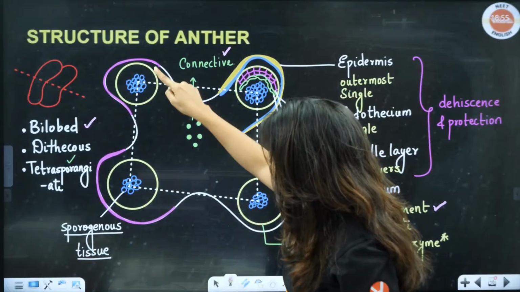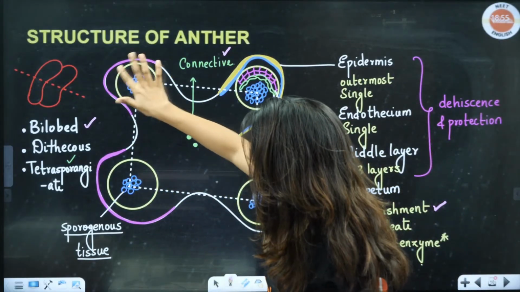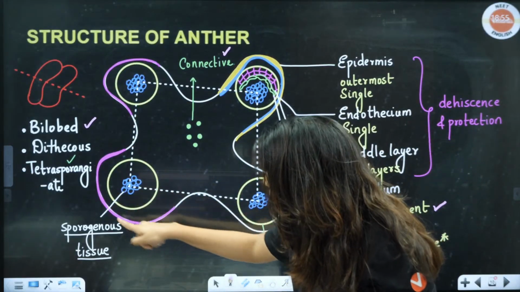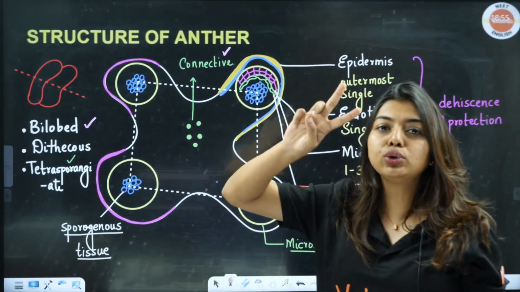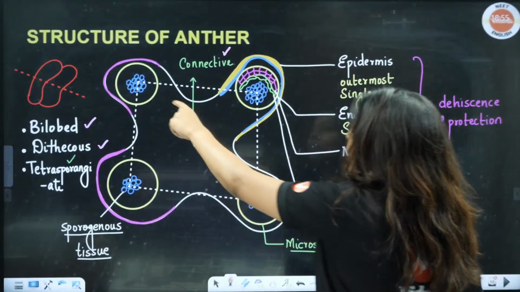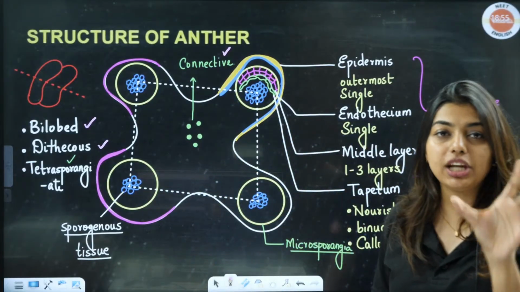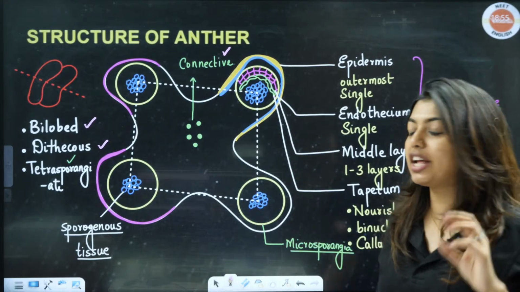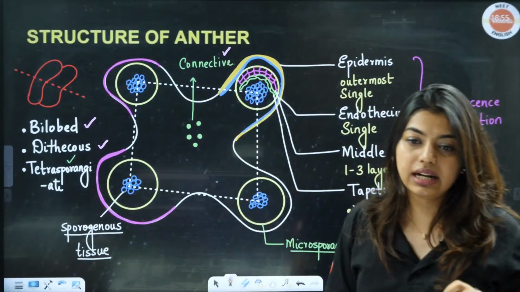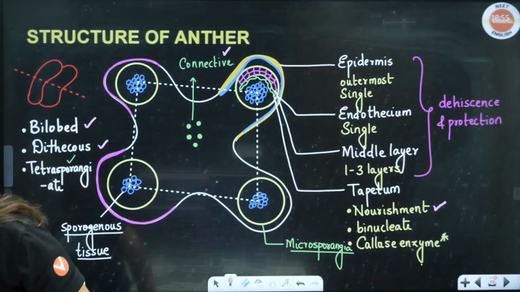Now look here. In one lobe, you have two thecas. This pink color which I have drawn, this is one theca, this is another theca. Not this circle, this space that they are providing. Two thecas are there, so we call the anther dithecous. Now how many are there? 1, 2, 3, 4. These are your microsporangia. That entire thing is a microsporangium. So we have 1, 2, 3, 4: tetrasporangiate. Clear? Yes or no?